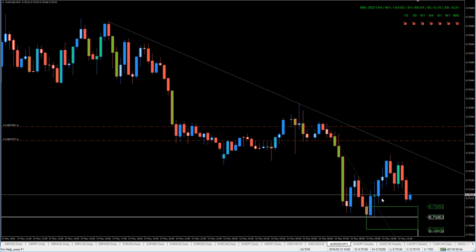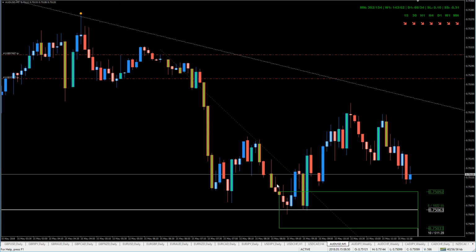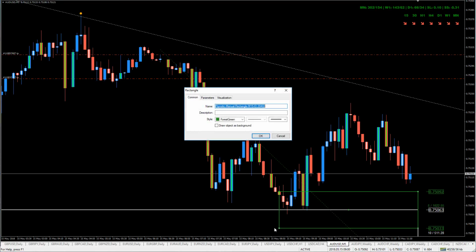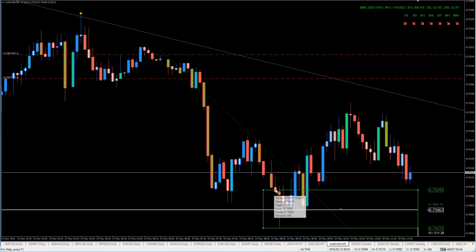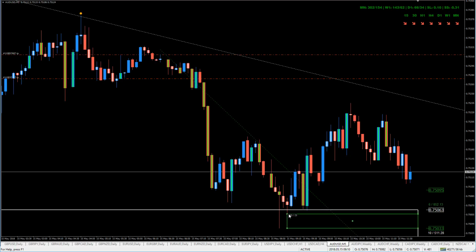But notice just in here, the price poked into the hourly area, and then it released from there. So we want to have a look in this wick just here. We'll do that by going onto the smaller time frame, the 5-minute chart. We want to make sure we have clarity. Now we can start to see clarity. You can see that we have a wick, price came down, it's pointing to the edge of the area. So now we go like this. We have a super tiny area, 2 pips,